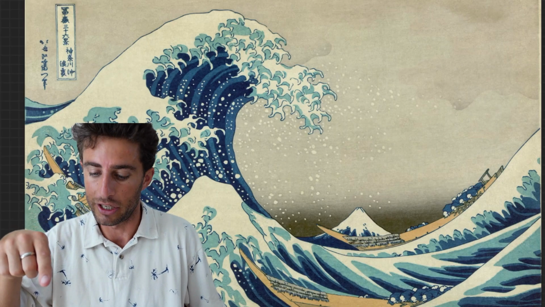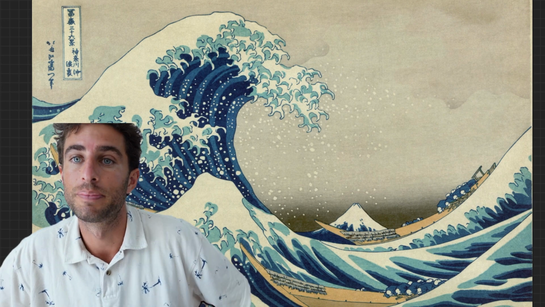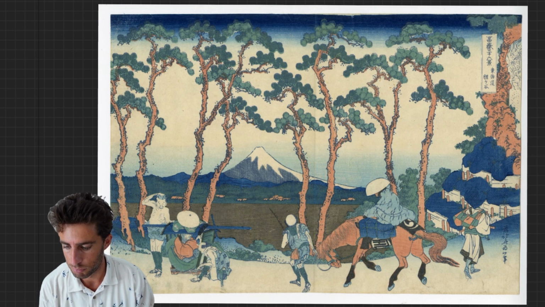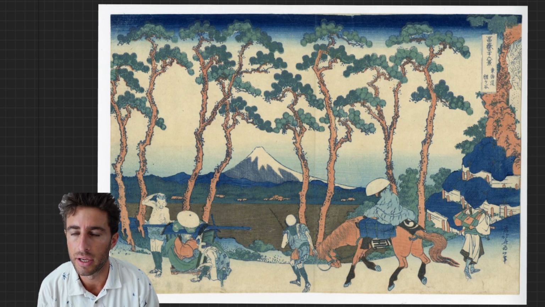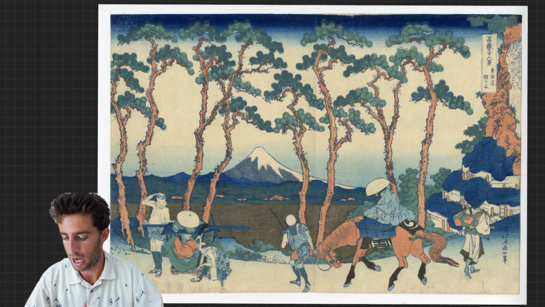So I'd just like to quickly note that you do get a view of Mount Fuji here. I had never noticed it until very recently because I'm so inundated with the wave in the midground. But back there we have our view of Mount Fuji. And we're gonna stop and very briefly look at some other images from this series. So I've handpicked just a couple images that I like. No big teaching moments here, nothing crazy happening.